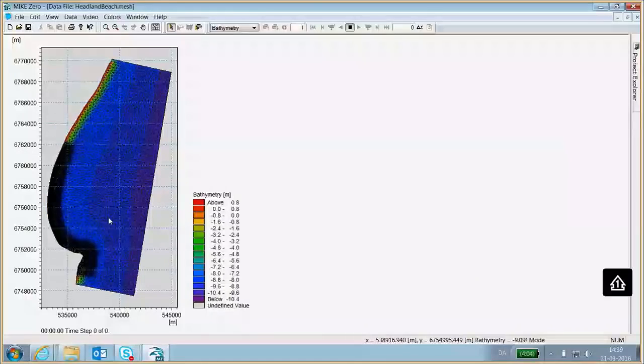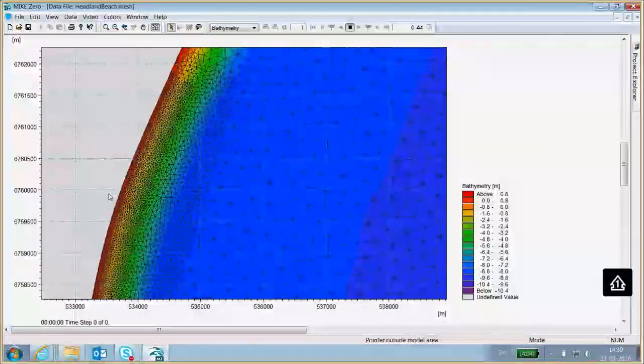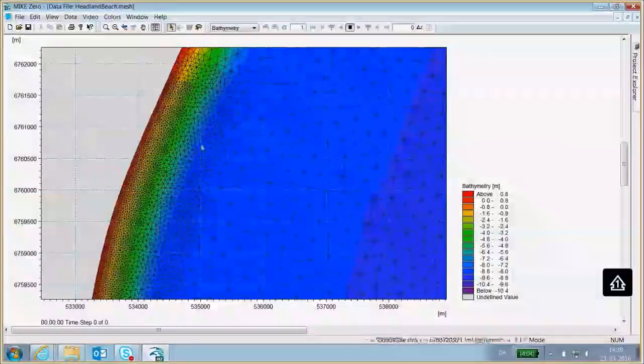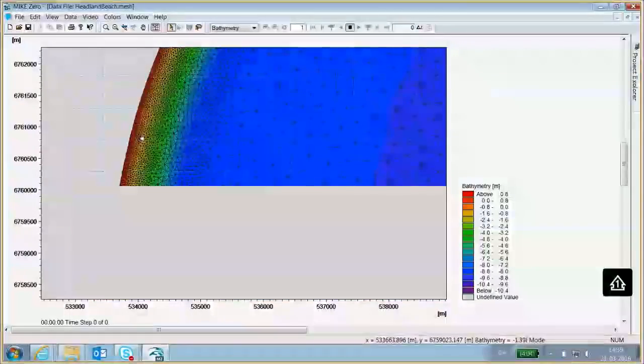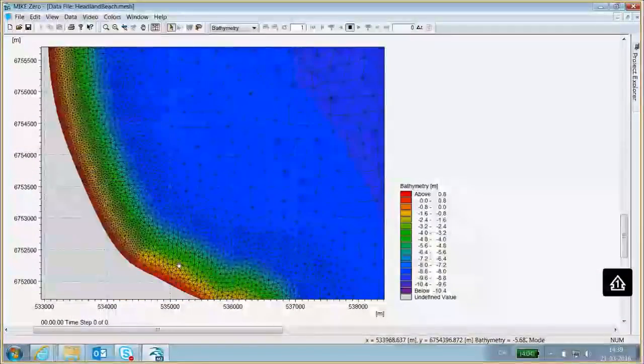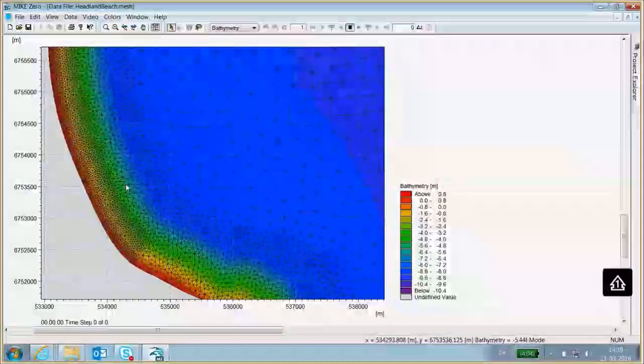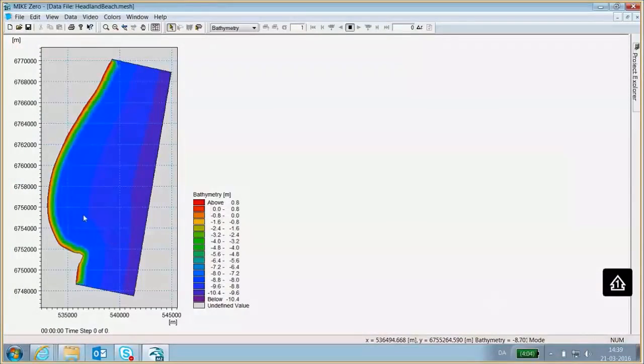The area that we are focusing on today is the area which is covered by the fine resolution in the mesh. So if we zoom in, you can see there's an area in the mesh which has a fine resolution close to the shoreline, and that is our area of interest. So the task is to set up a shoreline model that can calculate the morphology along this area of interest, and also evaluate what is the impact on this shoreline morphology from different mitigation schemes. So that was just a little bit about the starting point and the mesh.